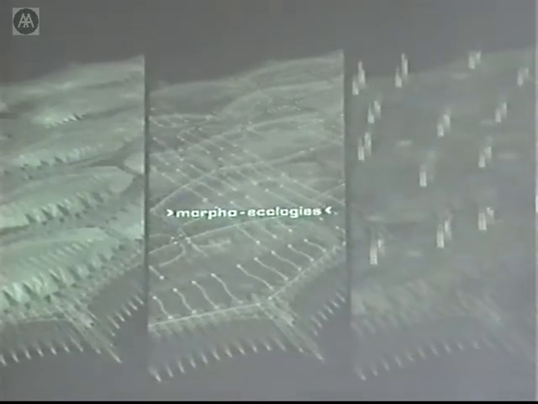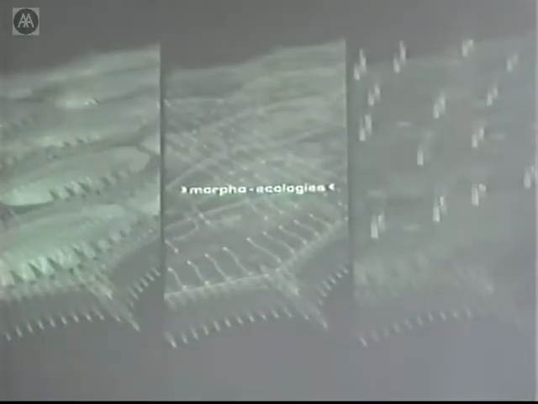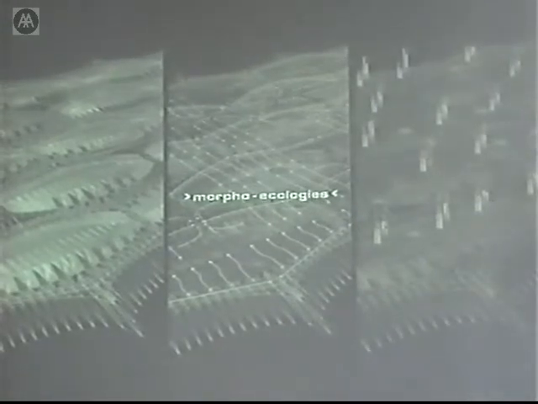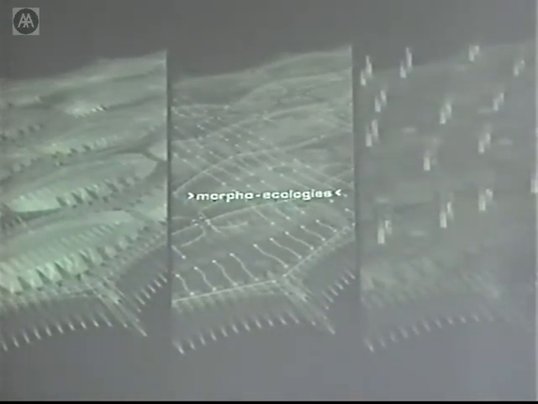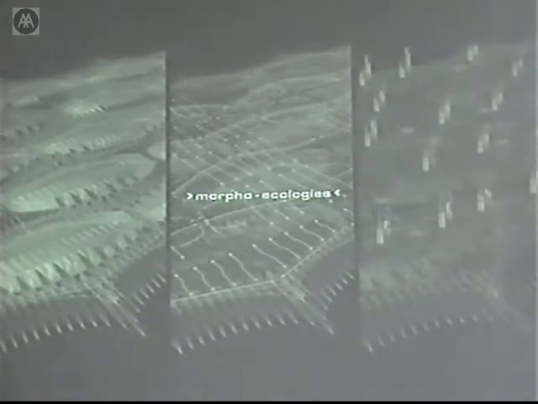And the second talk is about Morpho-Ecologies. Because I have the pleasure of giving the second talk, I will try to link them together, although there was a lunch break in between. Just quickly recapping what I tried to outline in the first talk: I was trying to explain different ways of differentiating structure through digital morphogenetic processes which are enabled by evolutionary computation and artificial life. So we can understand genetic engines as engines for differentiation.